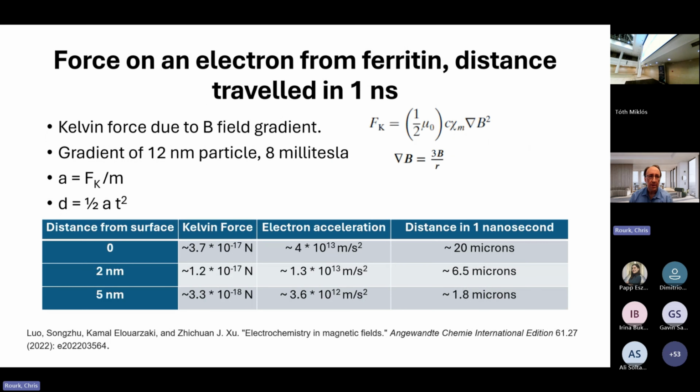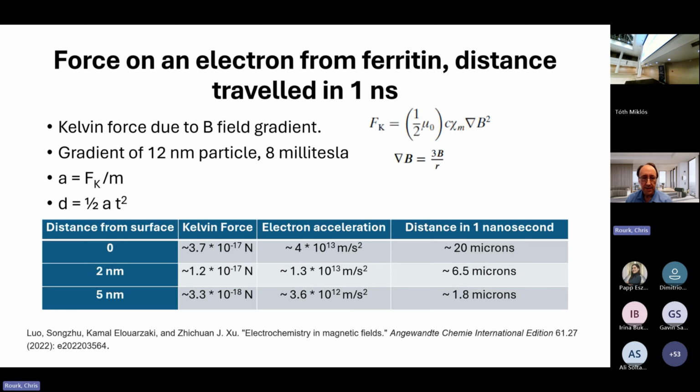So if something like that is going on with ferritin, what could it mean? Well, what's operative is the Kelvin force, due to a B field gradient from a small particle. And for a 12 nanometer particle with 8 millitesla of flux, which would correspond to 80 Oersteds in free space, I calculated that the Kelvin force is 10 to the minus 17th newtons, which sounds very small, but if you consider